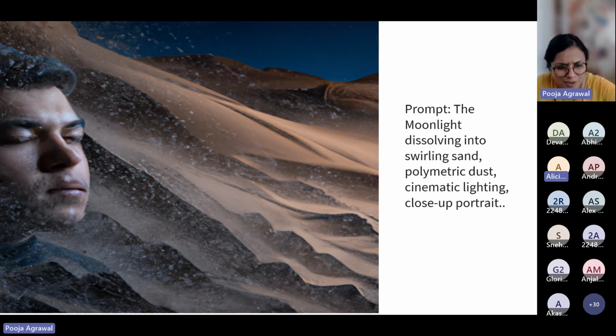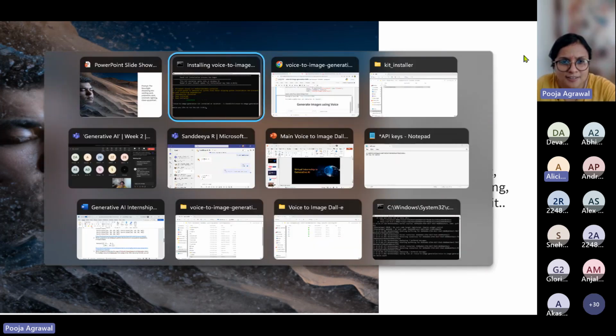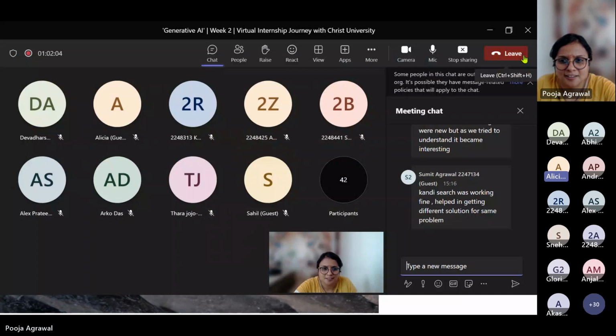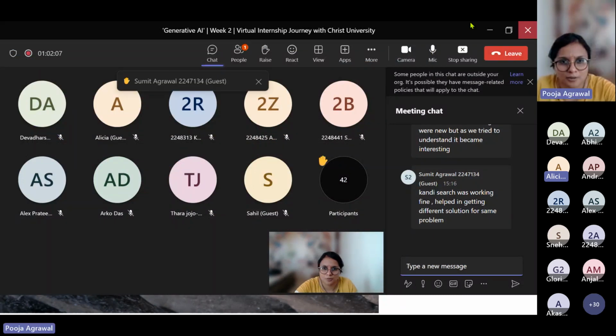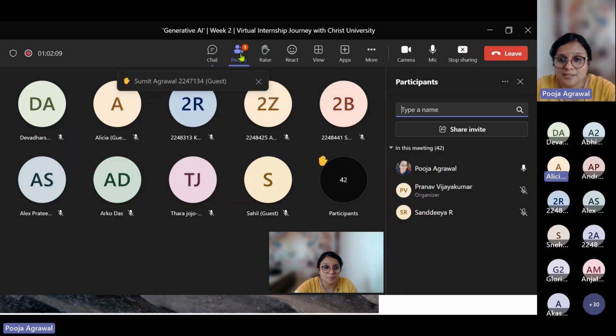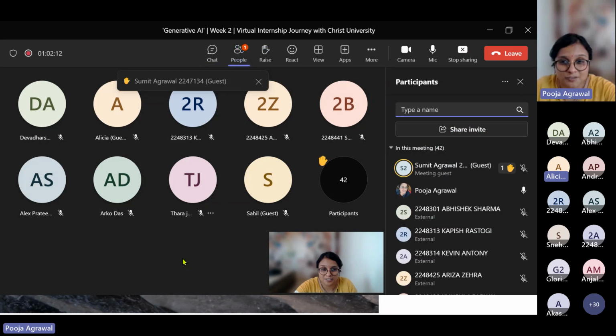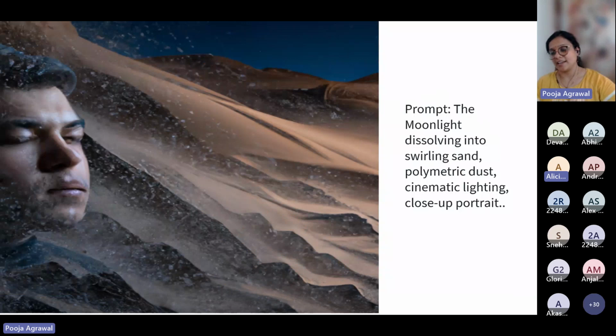So just a quick question. Is the person who put this in the prompt also there in the session today? Oh, Sumit Agrawal. Okay. Interesting prompt, huh, Sumit? I really searched for it, and I really liked how you had illustrated to DALL-E and, let's say, ChatGPT what exactly we want to get into an image form. So yeah, today I'll be looking forward to more suggestions on interesting prompts to showcase the power of this tool.